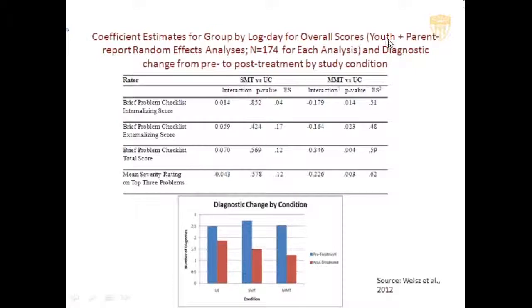And that's not only evident in terms of the number of diagnoses, but it was also particularly evident in terms of the self-reported measures and measures as reported by both clinicians and parents with respect to the three conditions. So interestingly, the standard manual approach, what we normally think of as an evidence-based practice, was really not significantly different from usual care. But the modular approach was significantly better than both usual care and the standard manualized approach. Next slide, please.